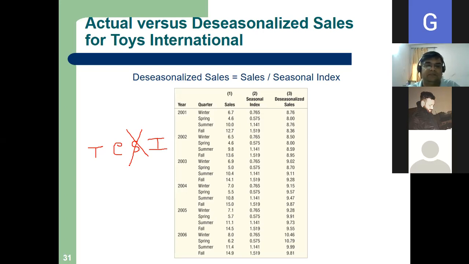I again repeat. Step number 1, generate a seasonal index, which we have done. Step number 2 is very simple. Our step number 2 is deseasonalize the cells with the help of the index. यही तो हमारा पर्पस था ना, S को हटाना। S ने बदमाशी किया, we are removing S.